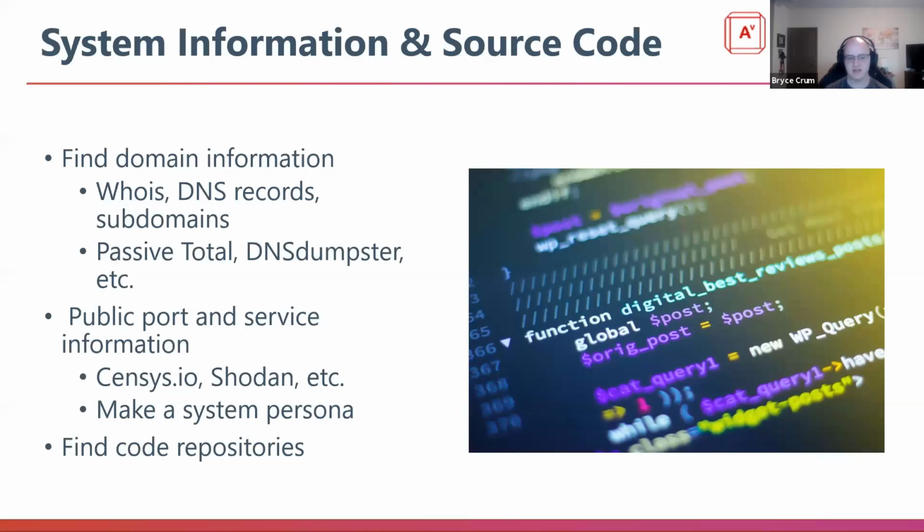From sources like Censys.io and Shodan, they can provide port information as well as the services running. Shodan Premium will actually give you a screenshot of what the view looked like if it tries to make a connection. Censys will give you header information, depending. And you can start to build a system persona around what the system's supposed to be doing and how it's supposed to be implemented for their environment. The more you understand the personas of each system, the more you understand their network without ever having touched it. So it can be a really powerful tool without having to risk getting blocked via scans.